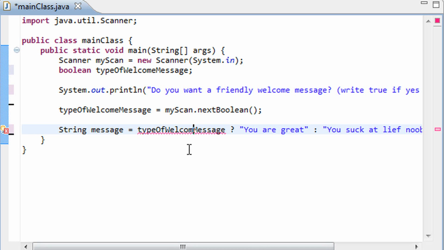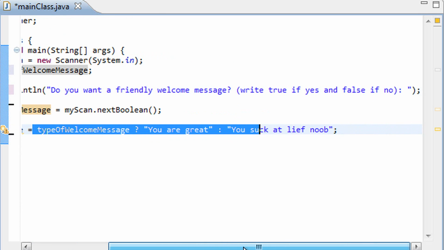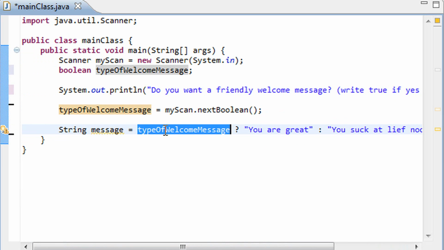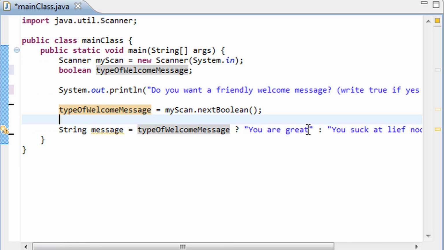Alright. Anyways, type of welcome message. Don't misspell it. Alright, so anyways, what is going on here? What we're really doing is making a one-line if statement, because this is the Boolean variable. It has to be either equal to true or false. This question mark here is asking, is this variable equal to true? And if it is, then it's going to return this "you are great" string in place of the message. But if it's false, it's going to return the value after the colon here. I was about to say semicolon, but I caught myself. And that value is going to be "you suck at life, noob,"